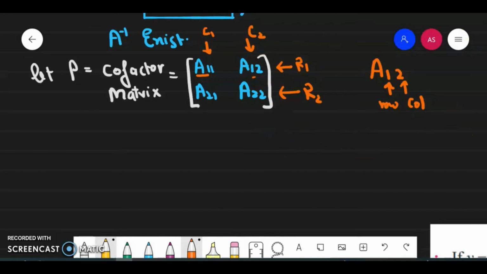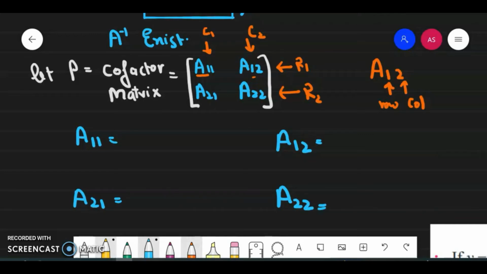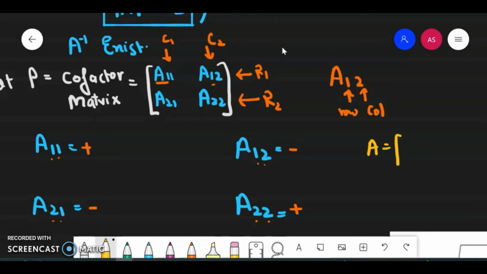So how we'll find out this? First you will write all the values in the order. You write A11, A12 and then A21 and A22, and put an equal to sign everywhere and just add their numbers. So if this is 1 plus 1, 2, so 2 is even number will have a positive sign. 1 plus 2 is 3, so it will have a negative sign. 2 plus 1 is 3, so you have a negative sign over here, and 2 and 2, that will be 4, that is even number, you will have positive sign over there. Equal to 5 4 2 1.